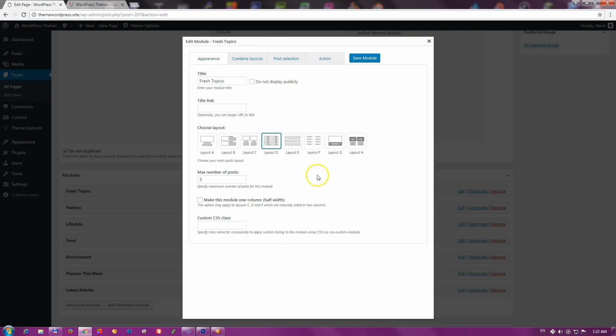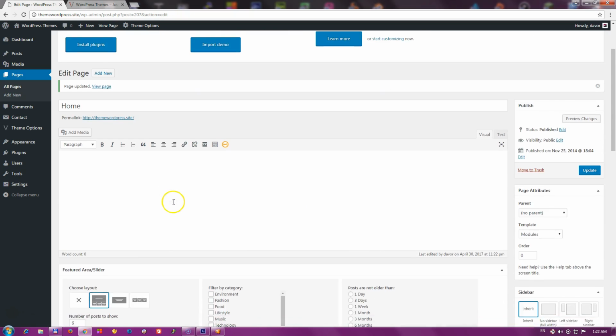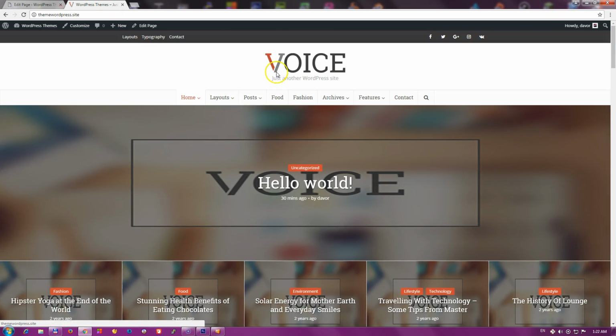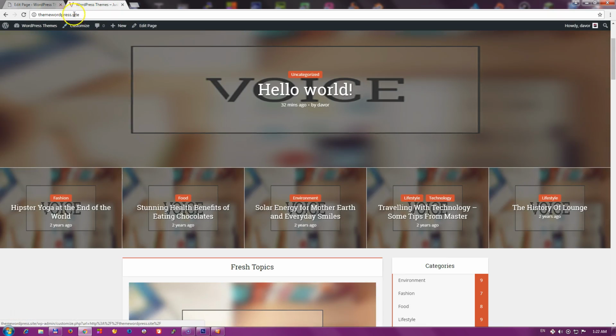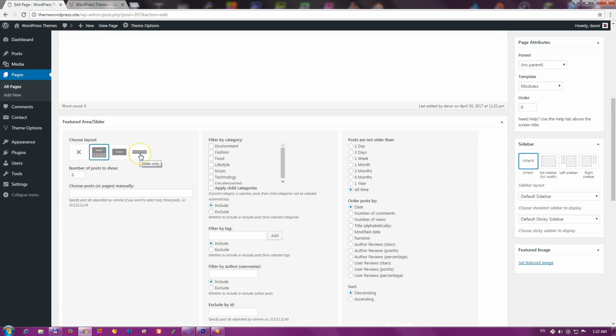So I think this pretty much demonstrates how the module builder is working. Just remember that every time you make some changes, save module and update page, as it's crucial for saving your changes. And so this is how the home page is actually set up, and you can play around and tweak it. So I will revert it to the carousel version,